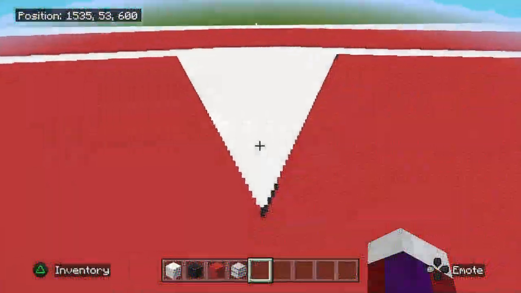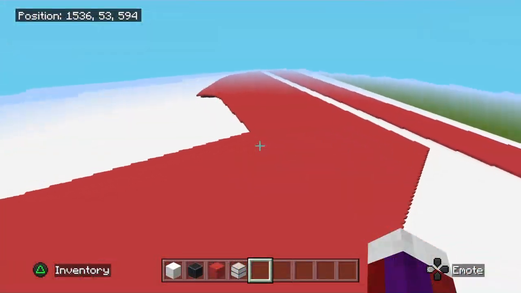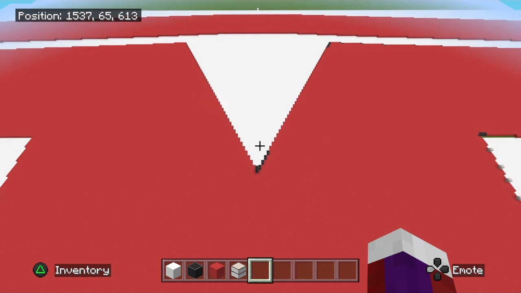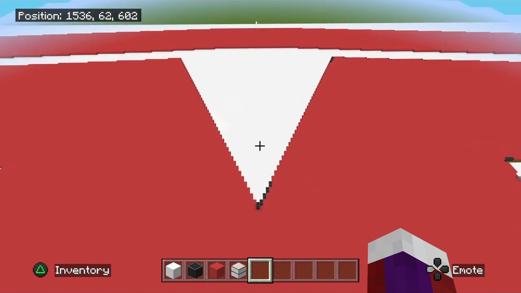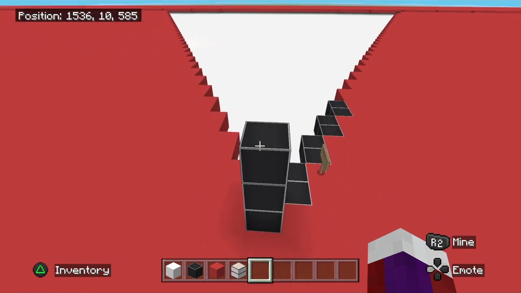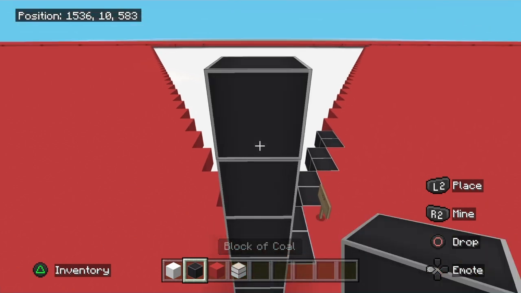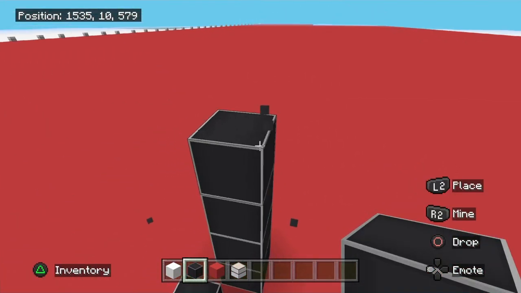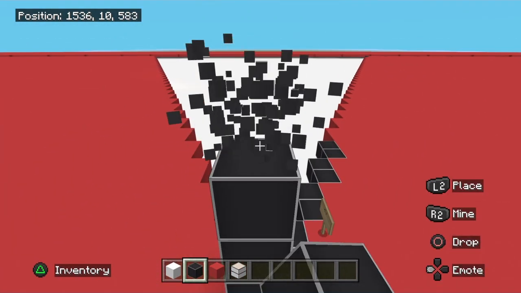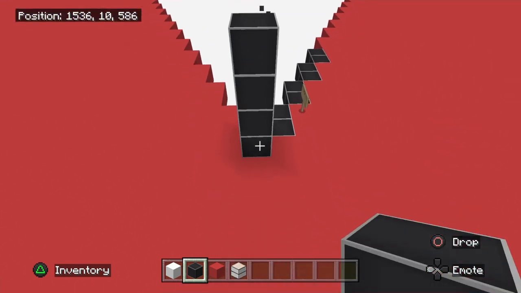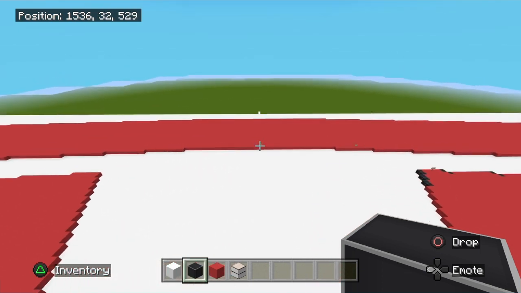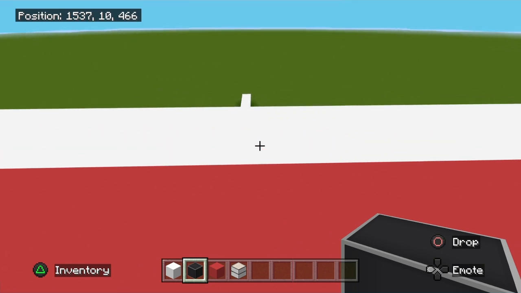Alright, now once you've got everything on the left side the same as the right side, come to the very top here where you have this V shape. Alright, now I'm going to explain something else to you. So this very bottom of this V here, this block, remember I told you that this block here was dead center of the very bottom point down there. Well, also it will be dead center of the entire thing. So this very bottom of this V center point will be the center point of your map on the very top